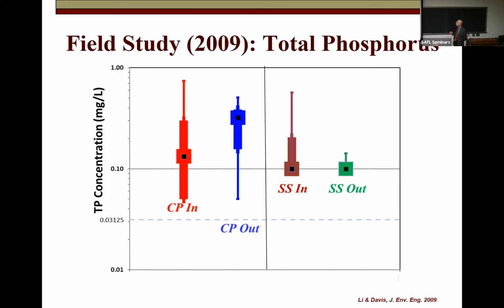I made these box and whisker type plots showing, in this case, the phosphorus inputs. And this is the College Park site I showed you, and another site about 10 miles away. It's in a different county. At the time, the bioretention mixes were different, so the design's a little bit different. Showing a mean and I believe 75th percentiles, ranges, and so forth within my plots, and also a log scale